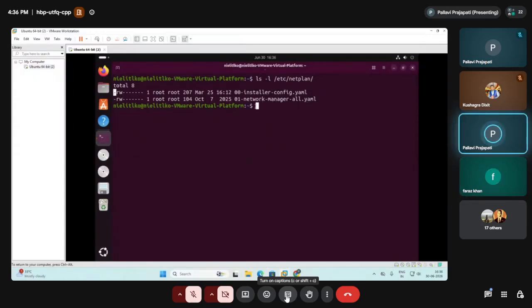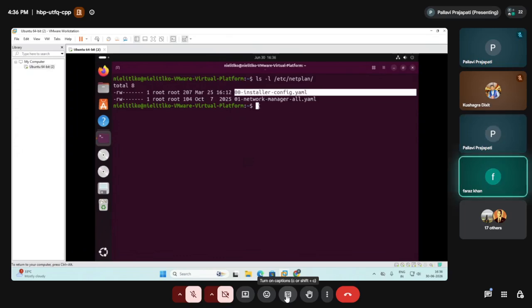If you want to do some configuration, if you want to do some changes, then in this configuration file you'll do the changes. Or if you want to see what configuration is there, then in that case you can access this file and see the detailed information here, right? Just now I have listed that file only. But when you do the cat operation, then you will see the information in that file.